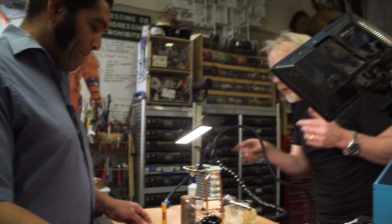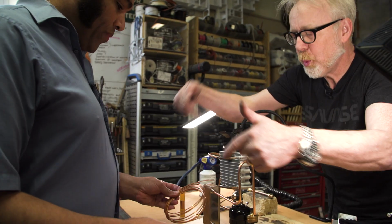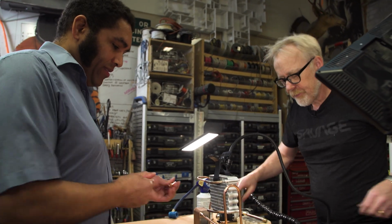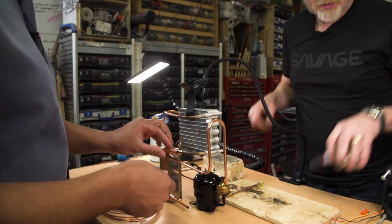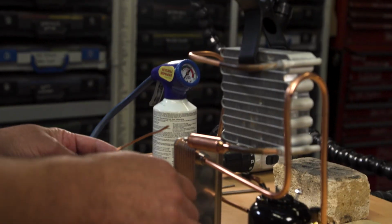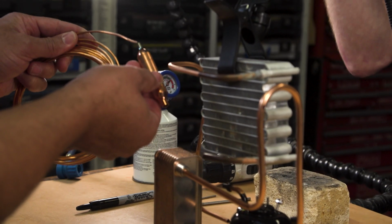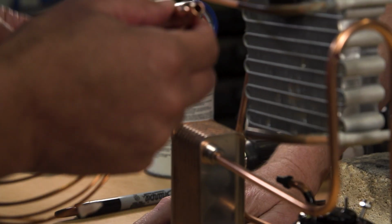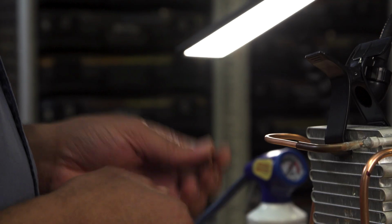Really? Yeah. Oh wait, but then there's this that goes to the... Yeah. So like I said, this one's going to go here. Yep. And then the coil's going to come out. See how this is so nicely sized to fit? Really sexy. The only thing that we're going to do that's going to be tricky, and by tricky I mean slick and also difficult, is...